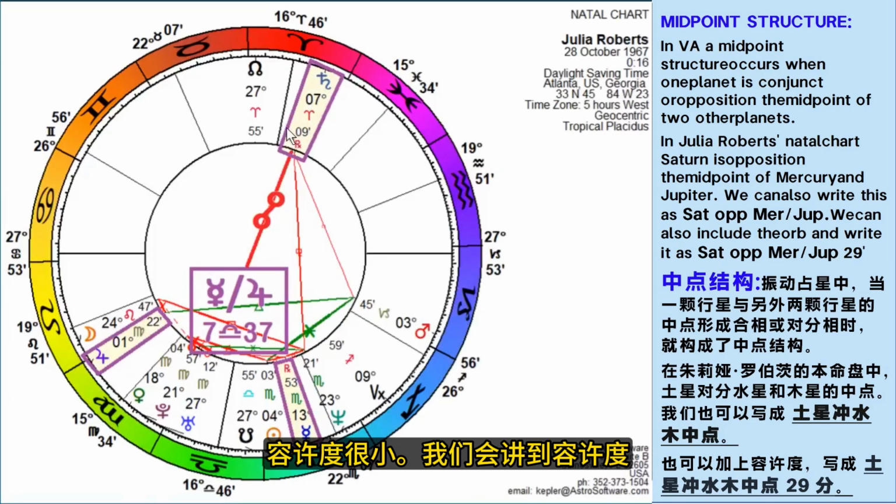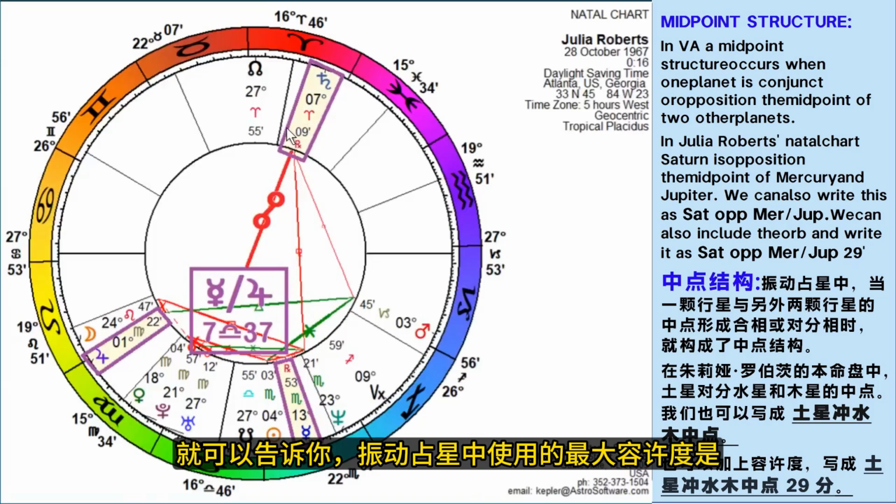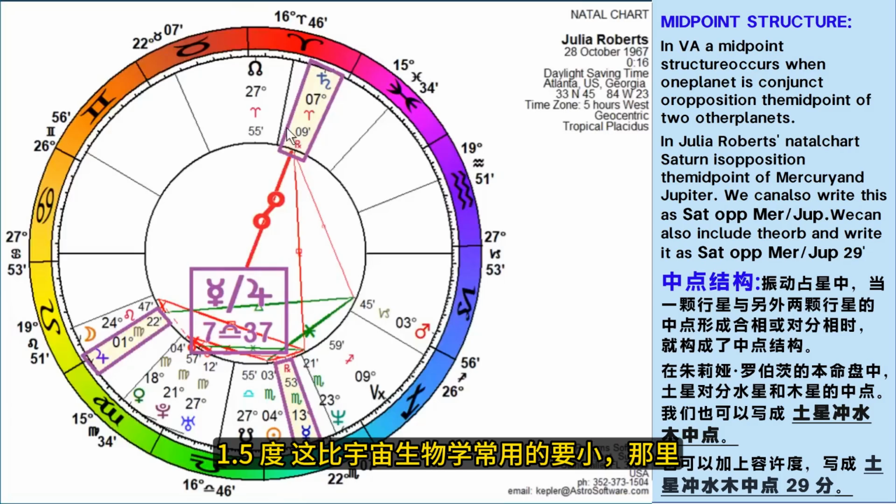We'll talk about orbs. Well, I'll tell you right now. The maximum orb we use in vibrational astrology is 1.5 degrees. That is smaller than is often used in cosmobiology, where they'll go up to a 2.5 degree orb. We're only going to 1.5 degrees. So use smaller orbs,